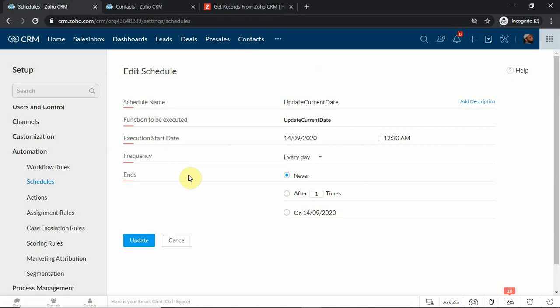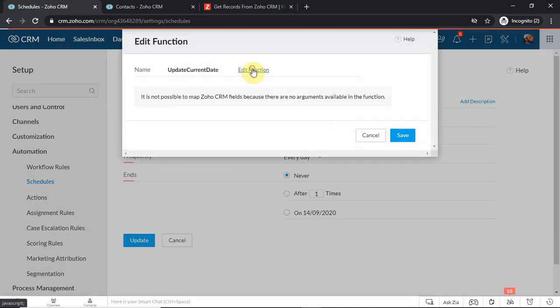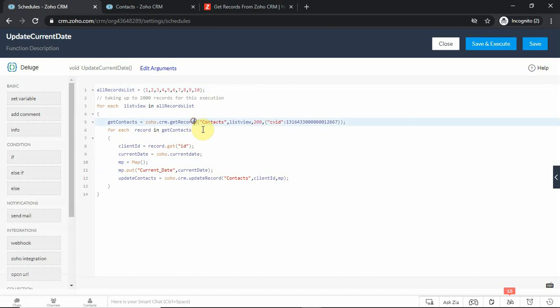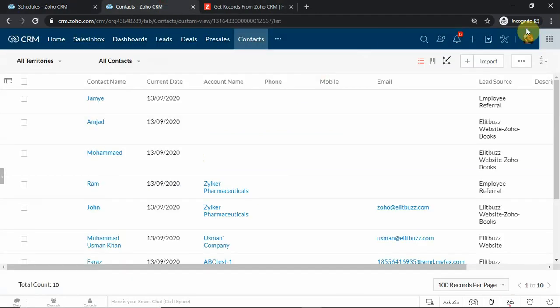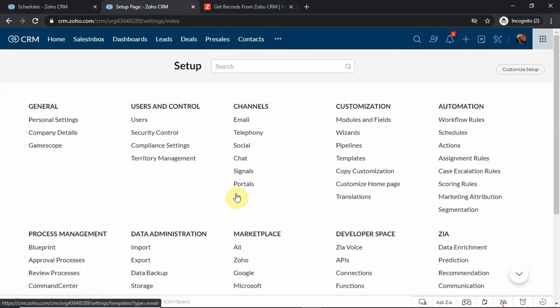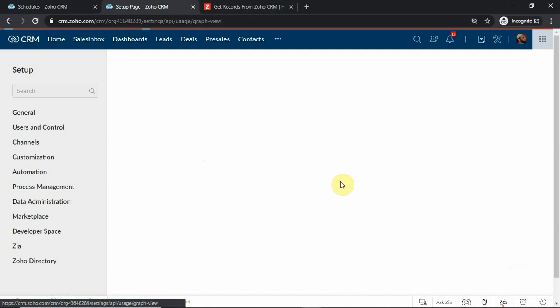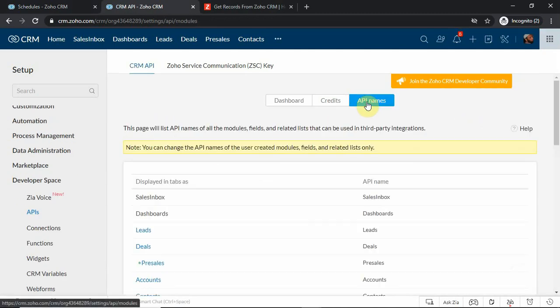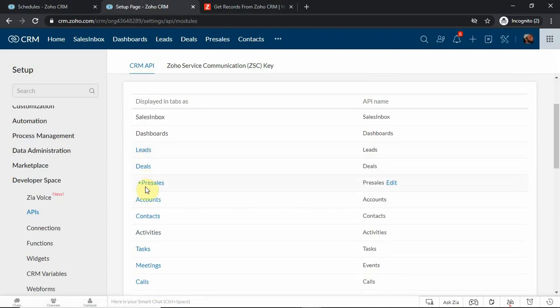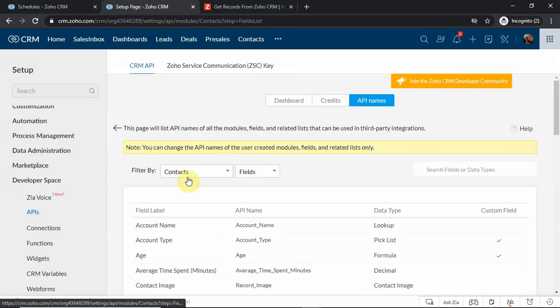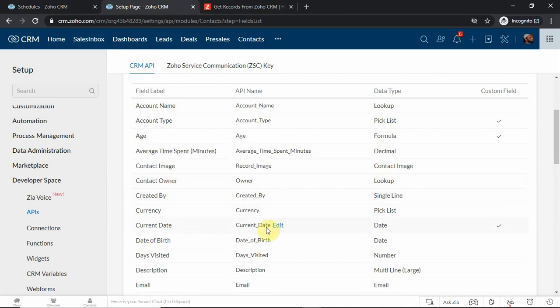Now, a couple of points before you save your custom function. You have to make sure that you are defining your field name properly, which you can take from the API list from here. You can go to developer space and check the API name of that field. So I'm using the contacts module, so I should be using this API name of my field.